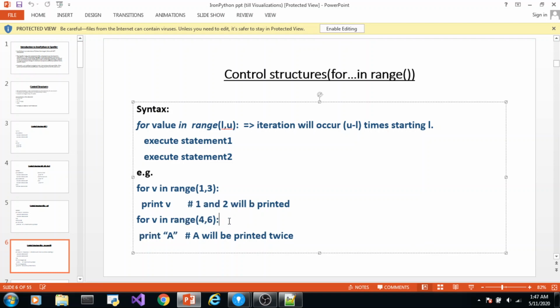You can write here 1 comma 3, 10 comma 12. So this statement will be executed as many times as there are items returned by this range function. Sometimes you will be required to loop through a set of elements in Spotfire using their indices.